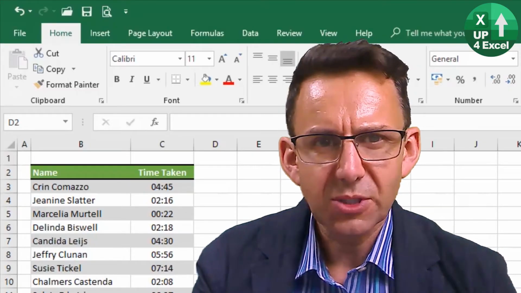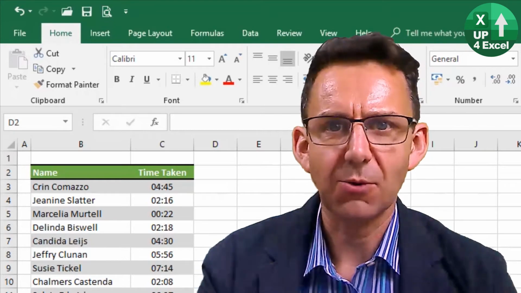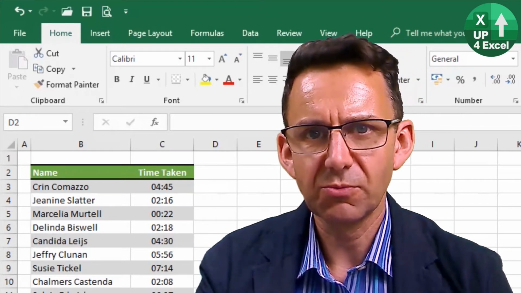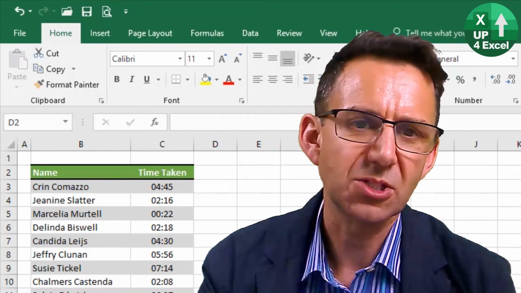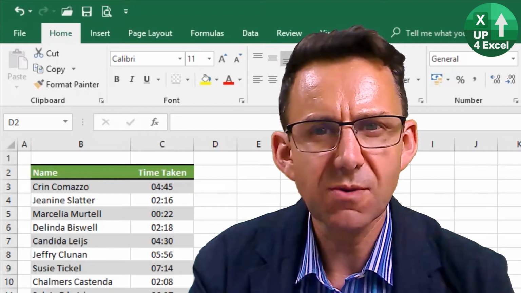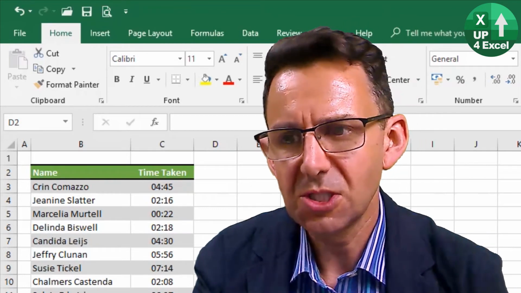Say we're running a company and we're billing people by the half hour. If somebody takes up 45 minutes of our time, we want to bill them for a whole hour. But if they only take 25 minutes, that's half an hour, etc. So what we're always doing is rounding up the amount of time it's taken to the nearest half